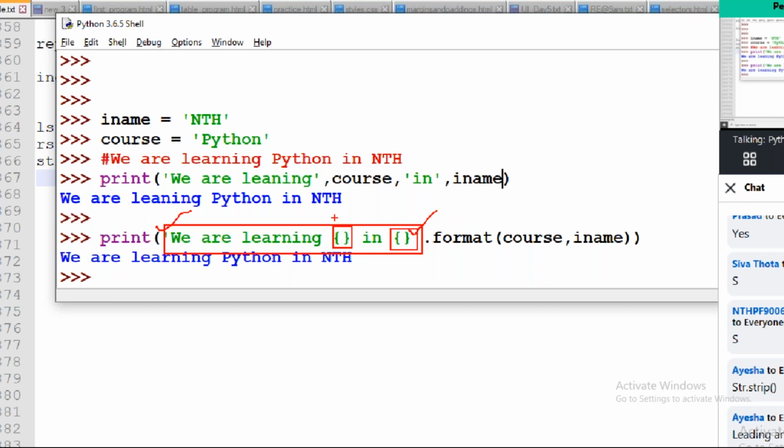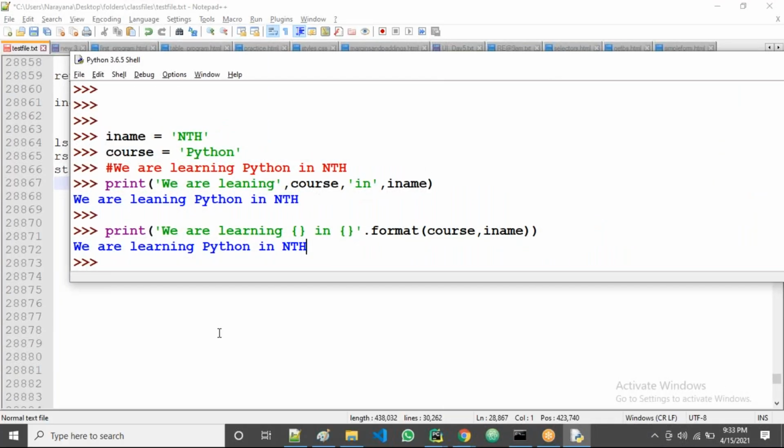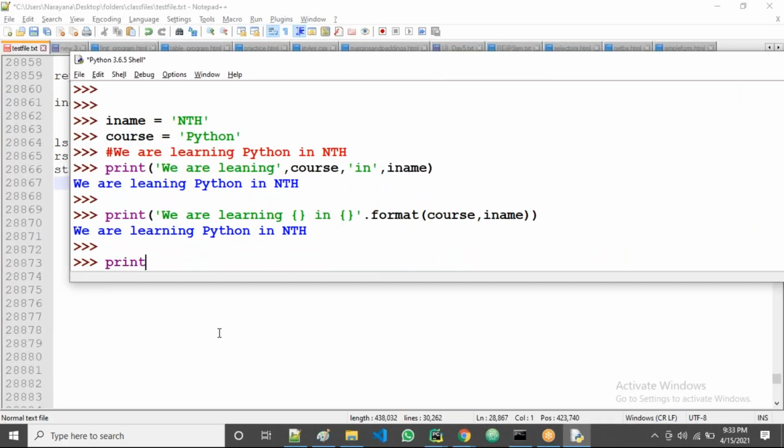The first placeholder: whatever variable you want to pass, take that as the first variable here. The second placeholder: whatever value you want to pass, take that as the second variable, guys. So here the order is important, guys. Order is important. Suppose I take the reverse case, guys, like